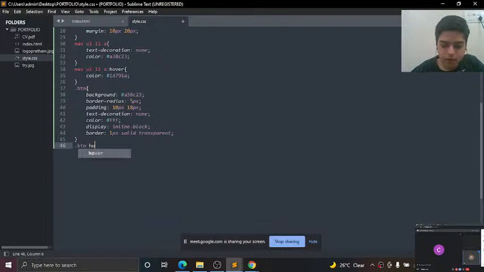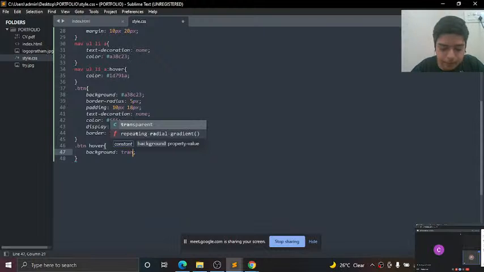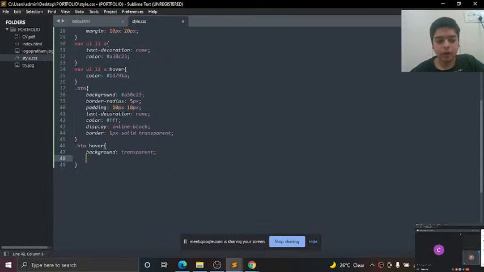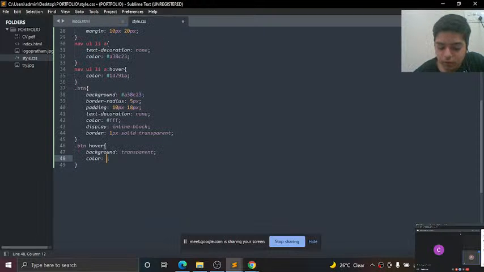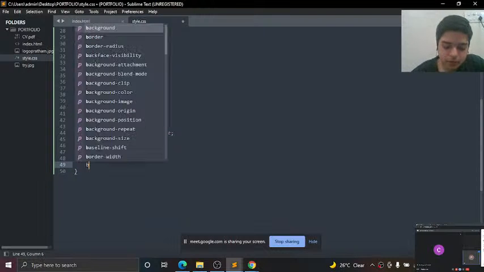After that hover, and inside it we will write background, that is transparent, and after that we have color, its color should be white, and its hex code is #1d791a, and last we have border,